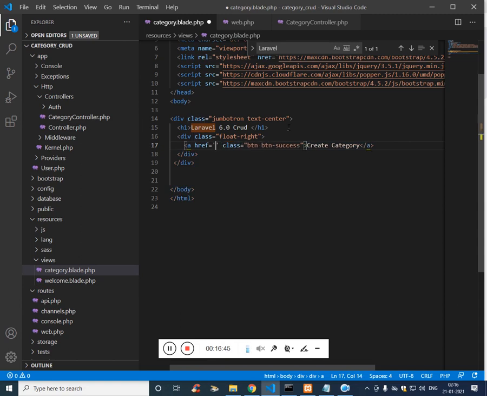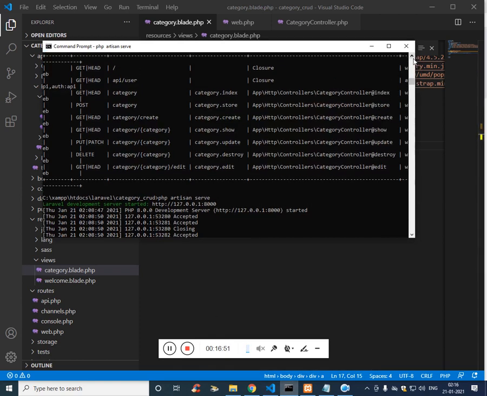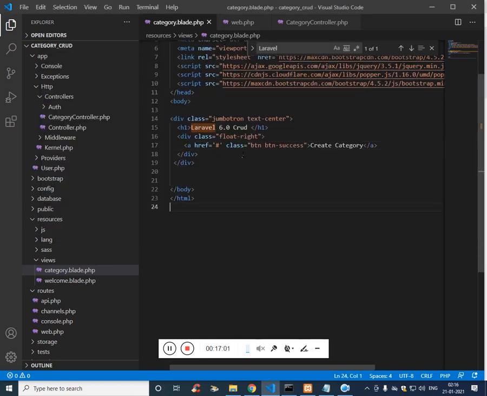If you remember, whenever I say URL, we should always get into the route list. So we are going to create, this is the URL, category/create.